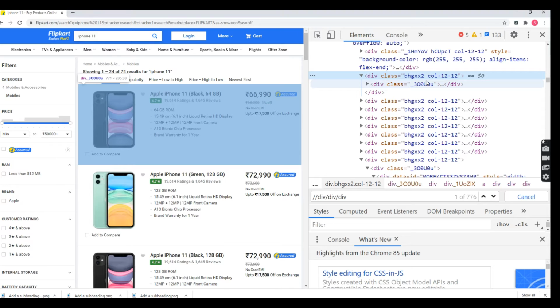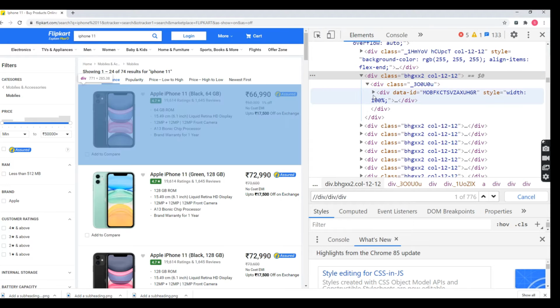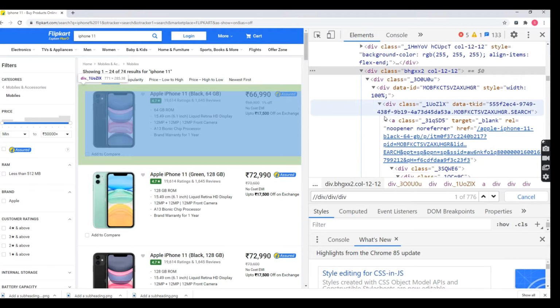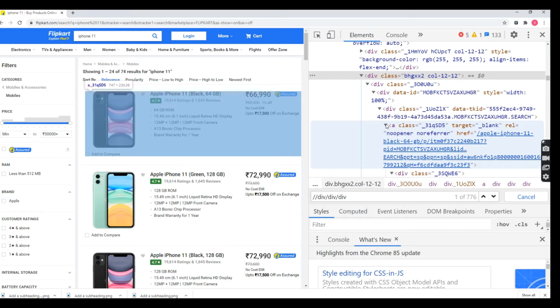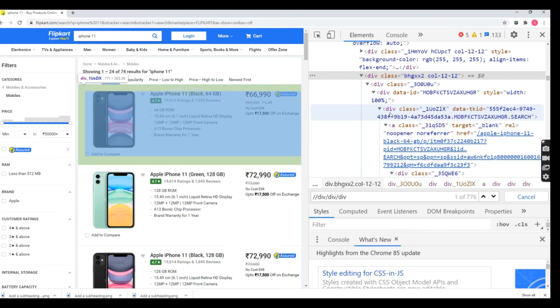Please don't choose that attribute as a locator. In that case, you search for which locator contains a unique value, and you can pick that locator. Let's see. Here I can see data-id is also random characters. So here I'm not able to see any locator that contains a unique value.